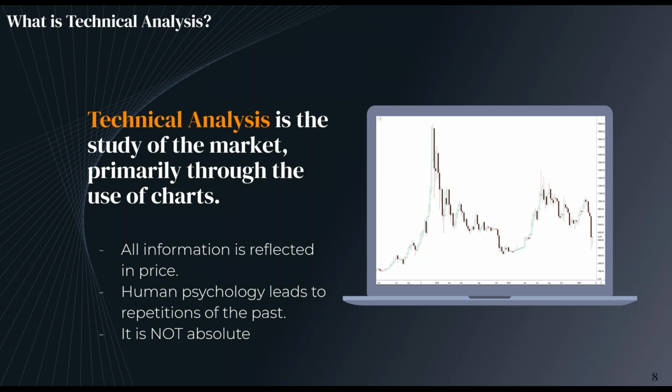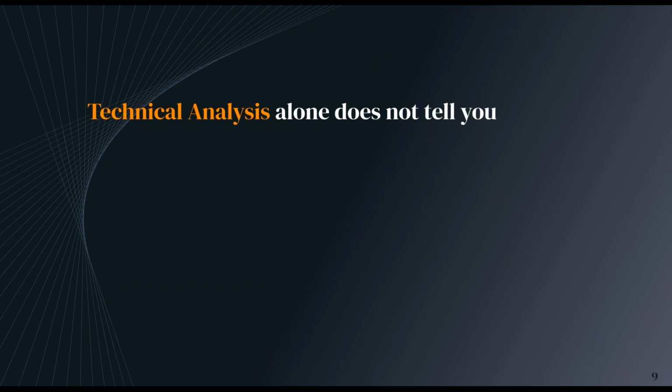It's a common misconception that technical analysts are able to forecast what the price is going to do. This couldn't be further from the truth. What technical analysts can actually do is determine probabilities of the price doing certain things based on our previous two assumptions, that human psychology leads to probable repetitions of the past, and that all information is reflected in the price. So it's not an exact science, but more a combination of an art, a science, and a bit of common sense as well. Let's talk about some of the limitations that come with technical analysis.